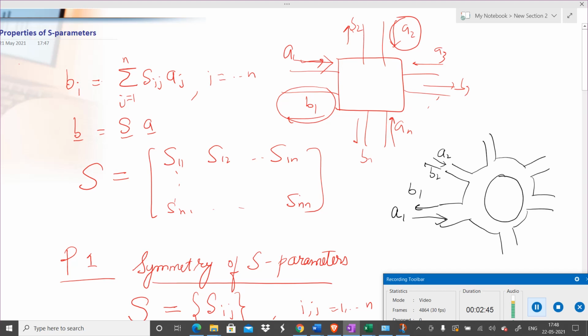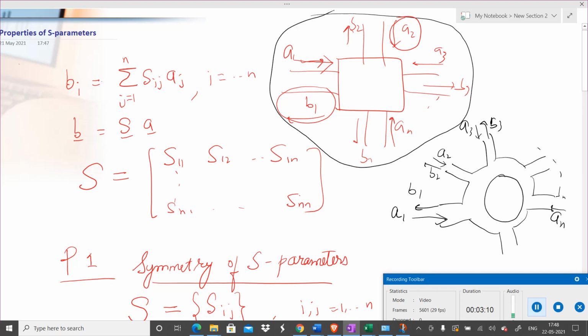Whatever is coming out of a waveguide or any microwave hybrid junction circuit, we denote by B, and it will be called the reflected wave. Similarly, it is A3 here, B3, and so on and so forth. It can be AN and BN, or as in the book we can show it like this also. Then from the definition of S parameters that we did in the previous lecture,